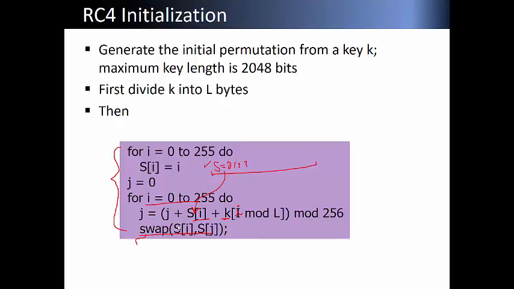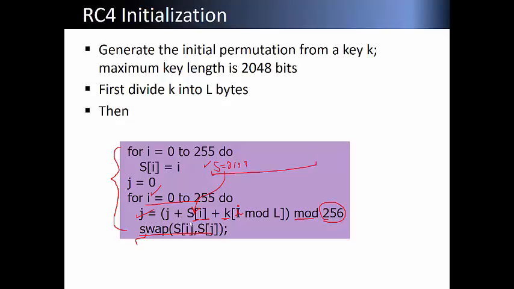Everything together, and then we apply mod 256. Then we have i and j. These two indices are indexed in this vector, so pick up the values and they are swapped. We keep doing that for 256 iterations.